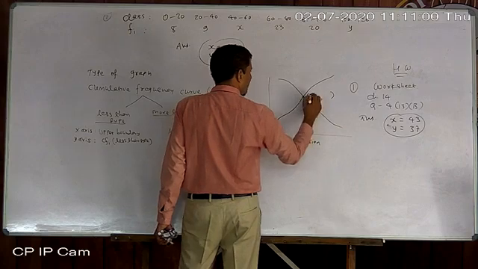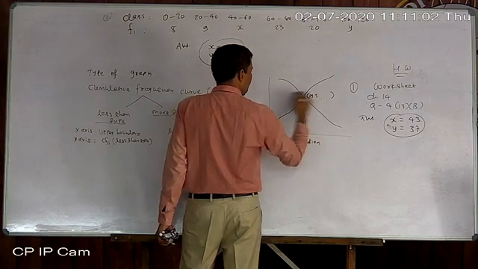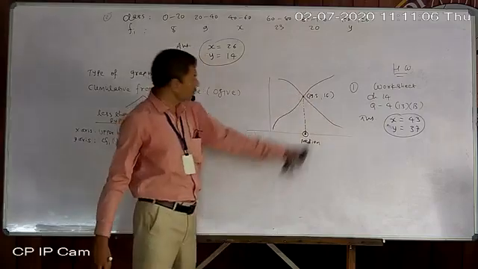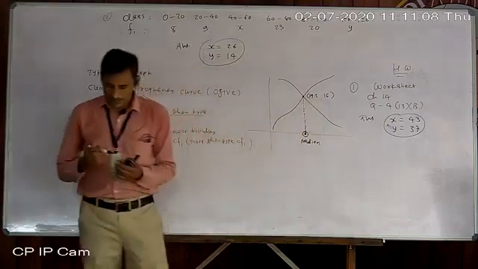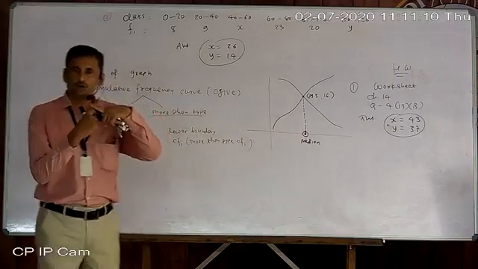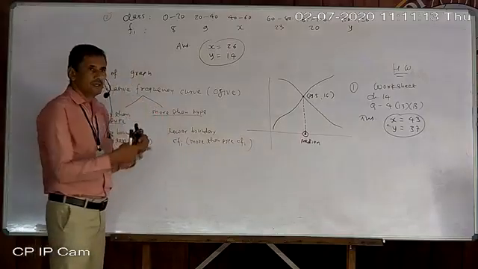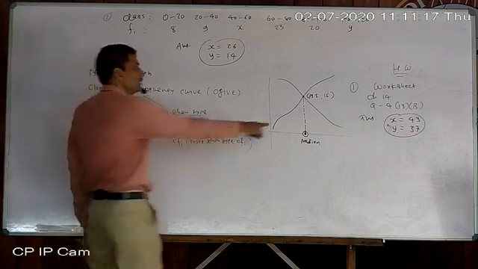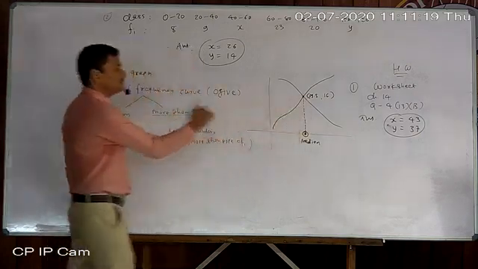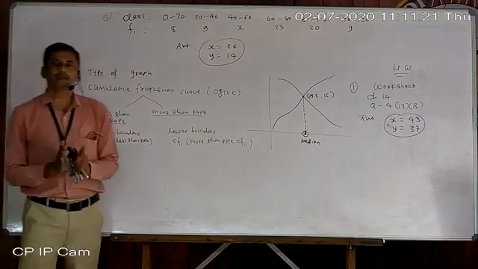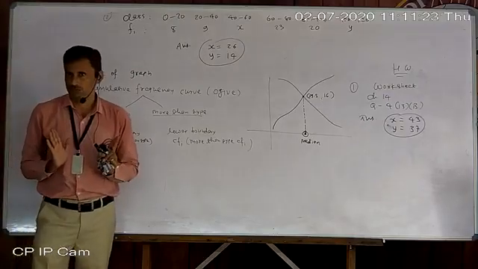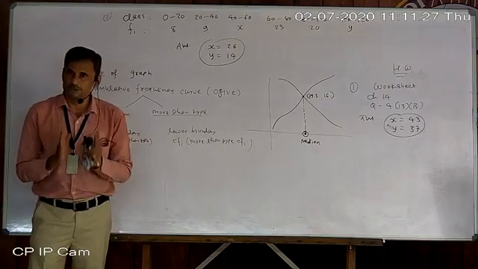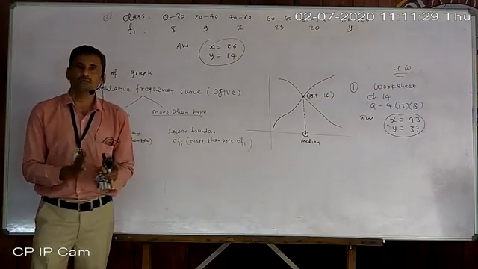Suppose it is given 39.5 and here is 60. Then the median is 39.5. No use of the other one. So the x coordinate of the intersection point of both graphs is called the median. So how to find the median, that also you know. But real practice we cannot do now. It can be done in class only. So for the time being we leave that portion.